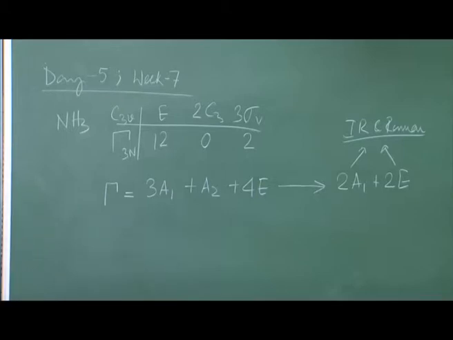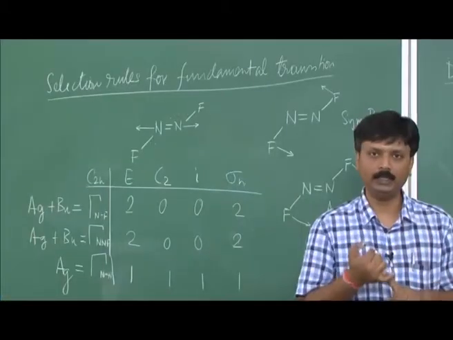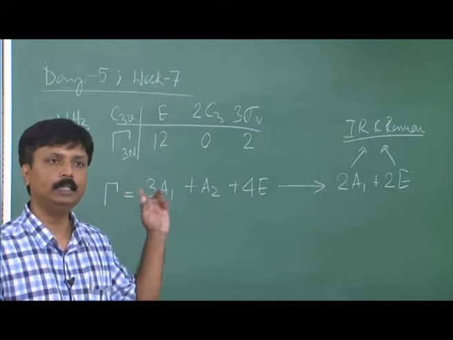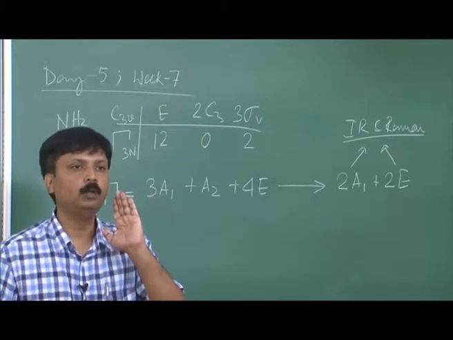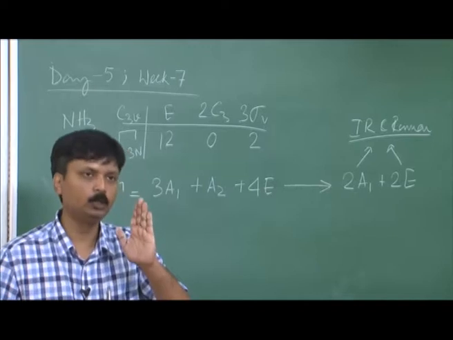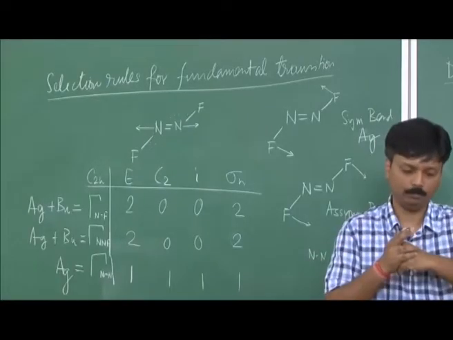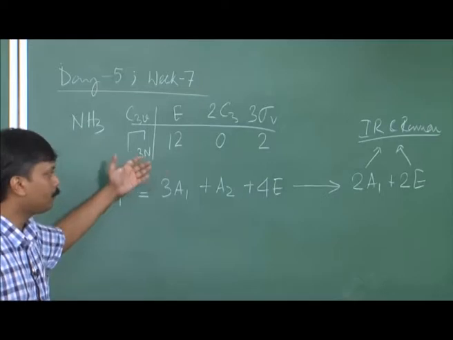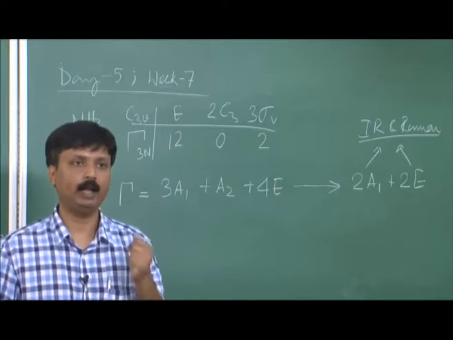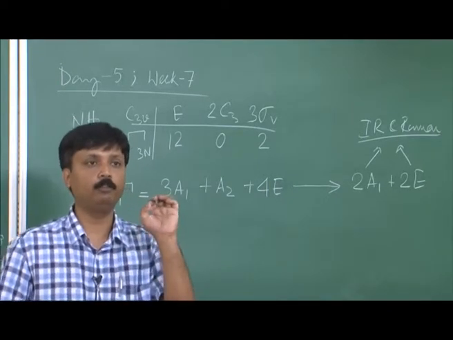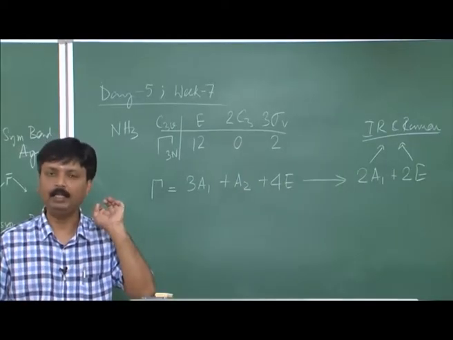Now, let us compare the 3 compounds that we looked at, one belonging to D3h symmetry, another belonging to C2h symmetry, and this third one that we just looked at is C3v symmetry. Now, D3h had certain normal modes that will be infrared active only, certain normal modes that will be Raman active only, and certain normal modes that will be both Raman as well as infrared active. In case of C3v, all the normal modes are simultaneously Raman active as well as infrared active. In case of that molecule N2F2, which belongs to the C2h point group and is centrosymmetric, I get